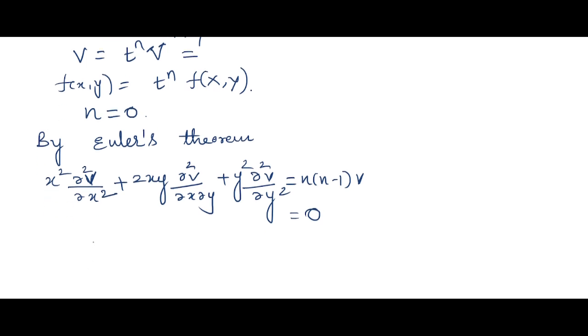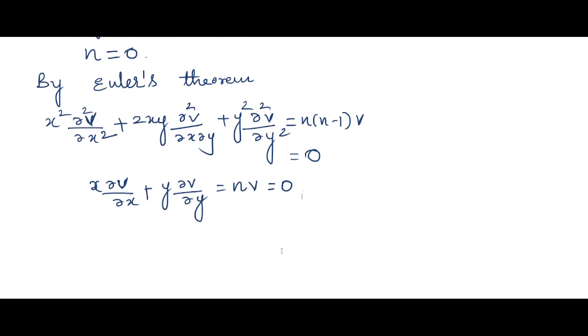Similarly, by the first formula of Euler's theorem, x ∂v/∂x + y ∂v/∂y is equal to n into v. Again n is equal to 0, so this value is 0. Now adding the above two equations,